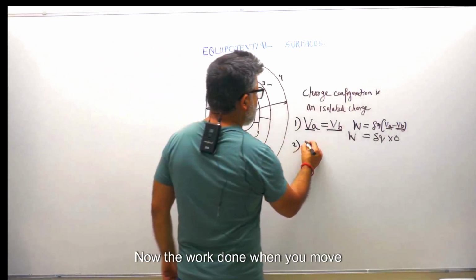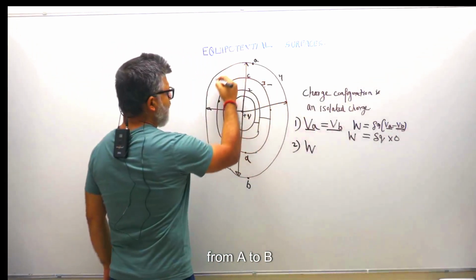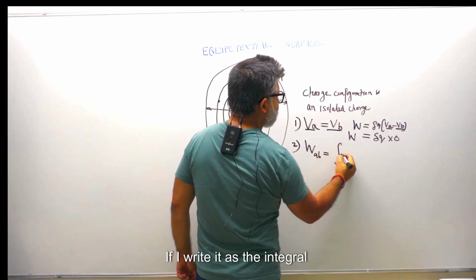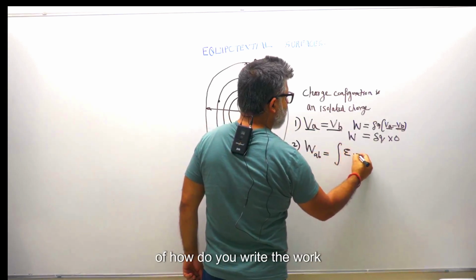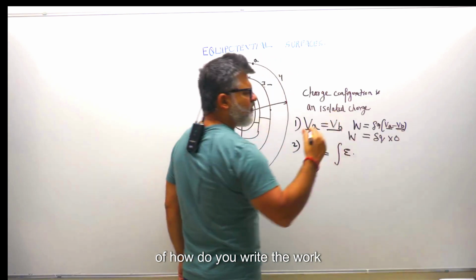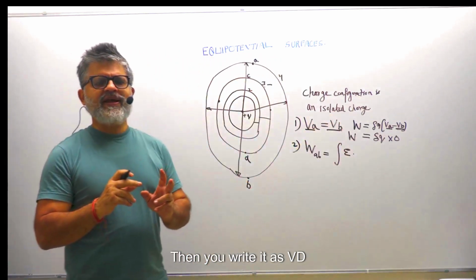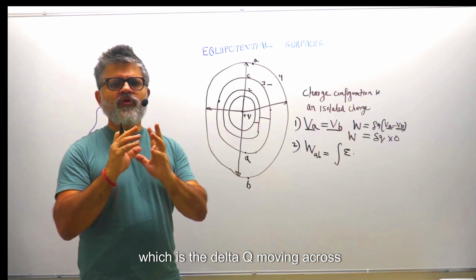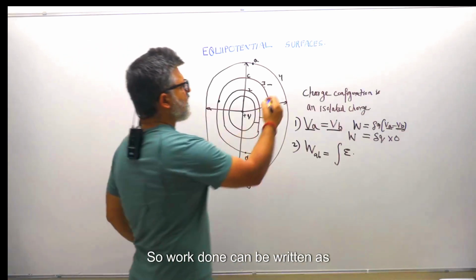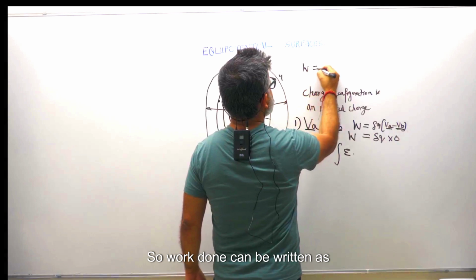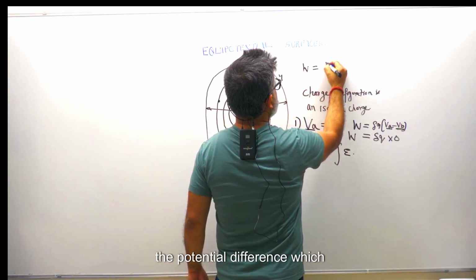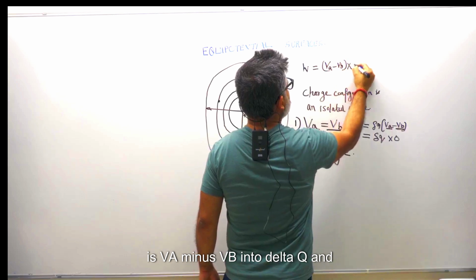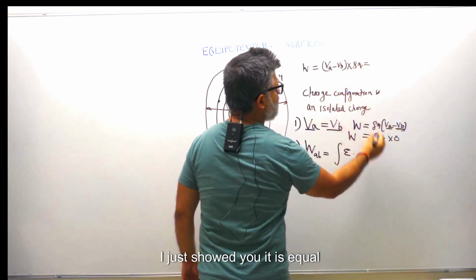Now the work done when you move from A to B, if I write it as the integral of, how do you write the work done? You write it as V dq, which is the delta Q moving across a potential. So work done can be written as the potential difference, which is VA minus VB into delta Q, and I just showed you it is equal to